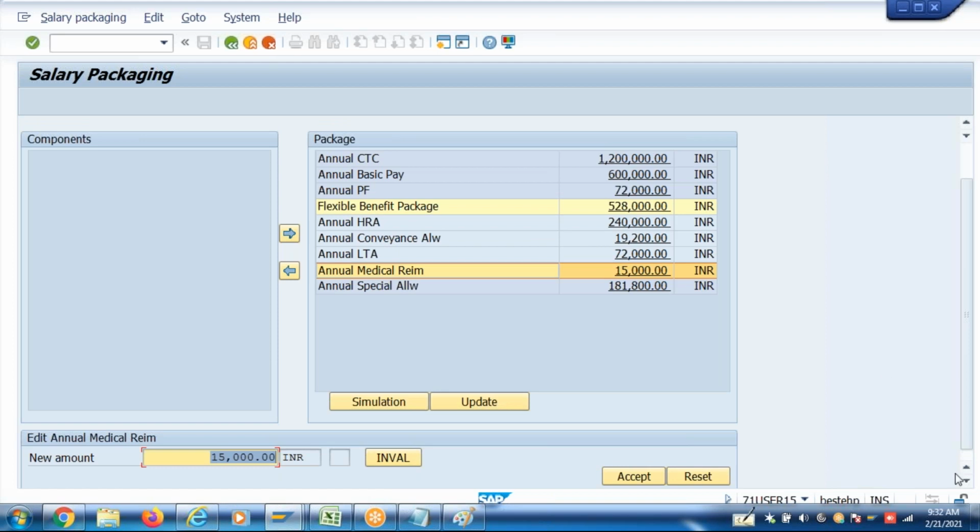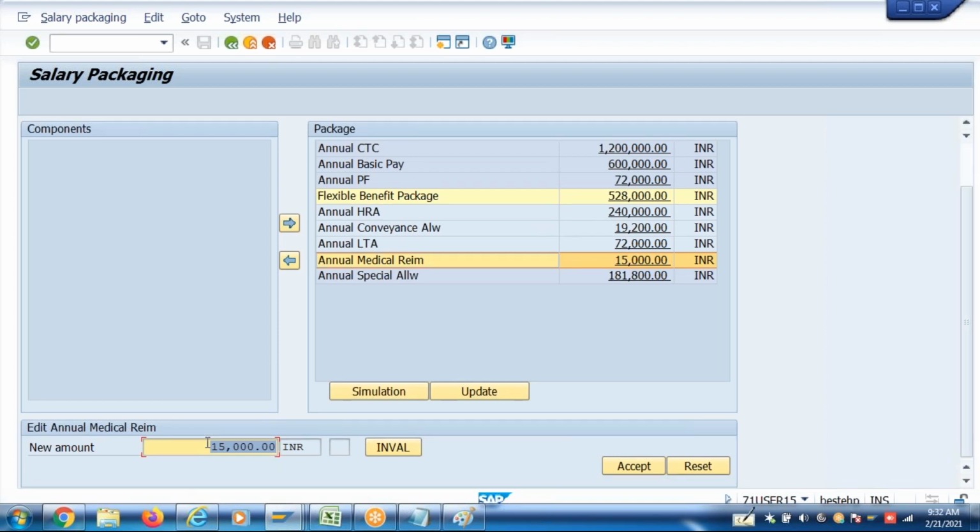And instead of giving these values manually, if you want to apply indirect valuation modules, for example, conveyance allowance I maintained 19,200, right? So if you config inval A or B or C for this allowance in the back end, when you click on inval, depending on inval, this amount is automatically derived, guys. Okay, I'll show you one. Look at this. For a medical,